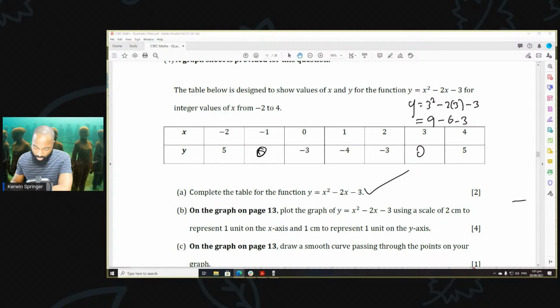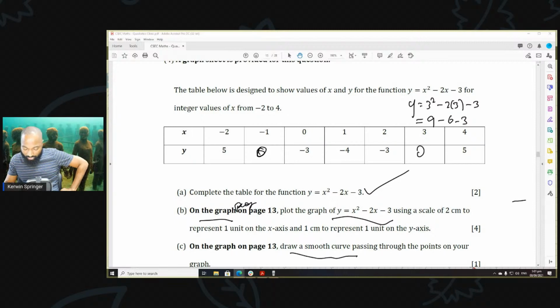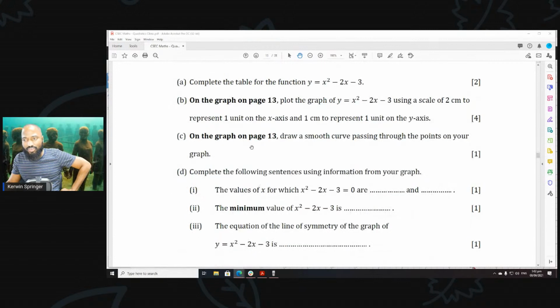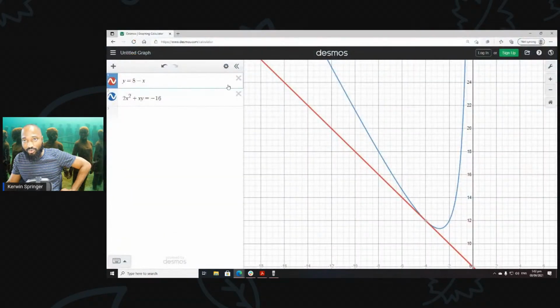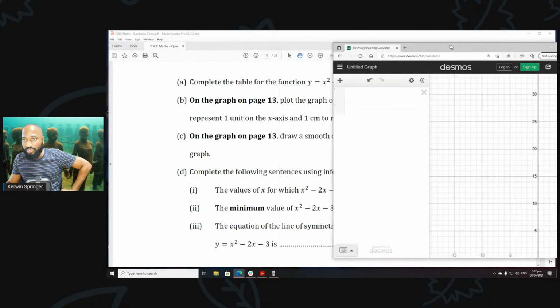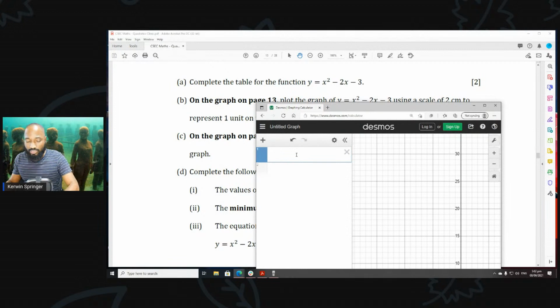On the graph, plot the graph. On the graph paper or page, plot the graph of y using the scale. Draw a smooth curve passing through your points on the graph, and then you're going to use the graph to complete the minimum points and so on. Because you saw me plot this graph already, I am not going to do this, but I will do the question, however. So the graph to plot is x squared